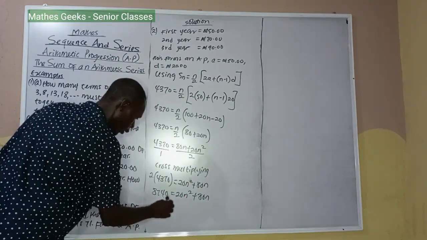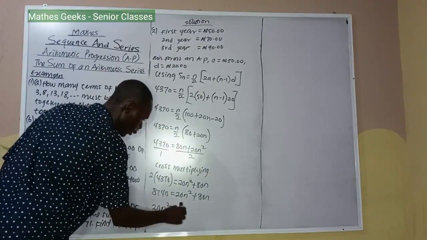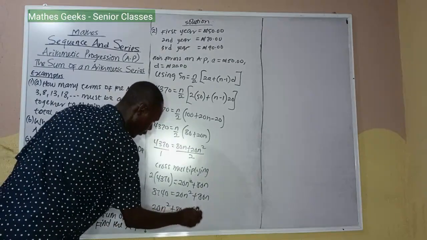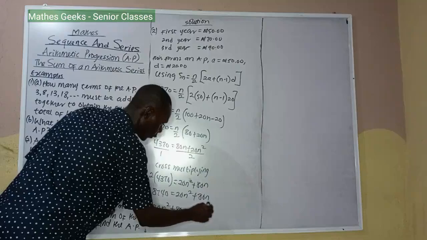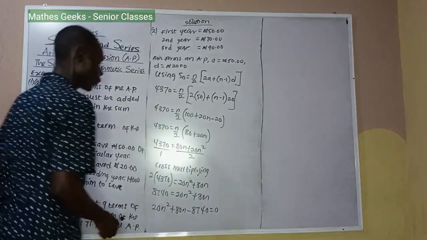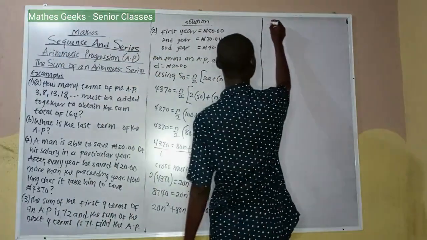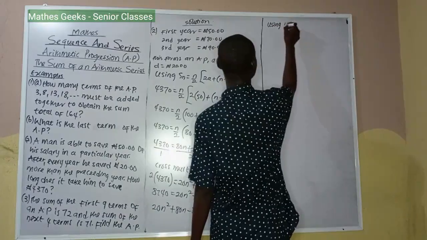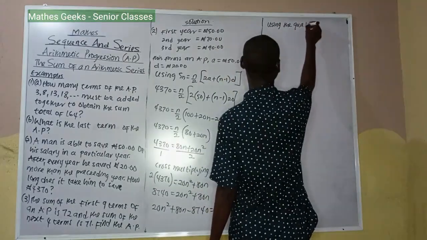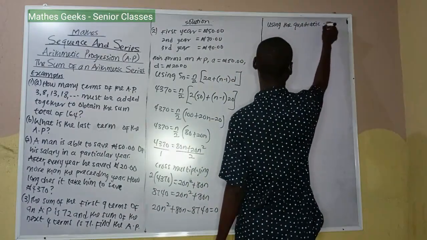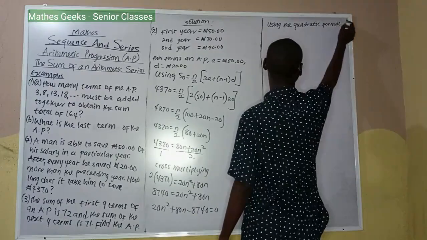So 20n squared plus 80n minus 8,740 is equal to 0. Using the quadratic formula,